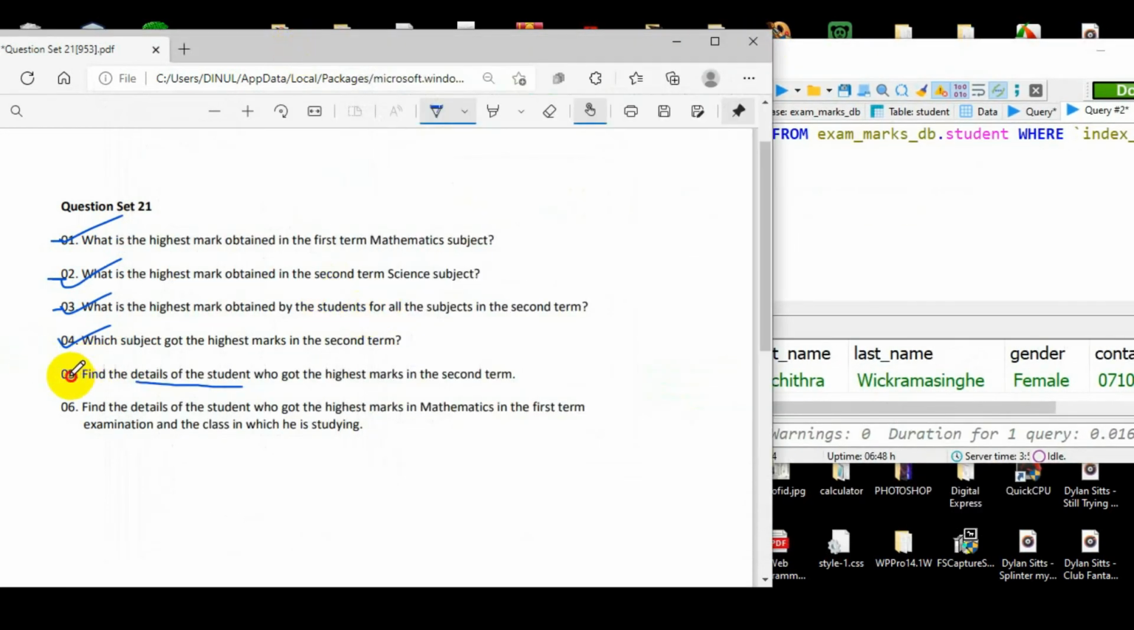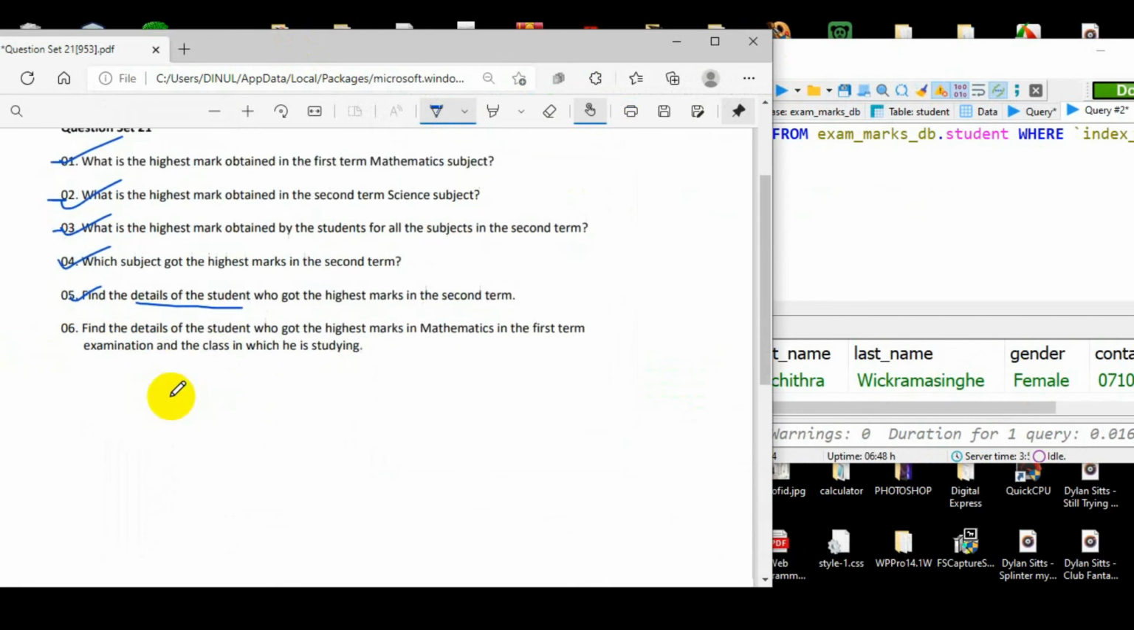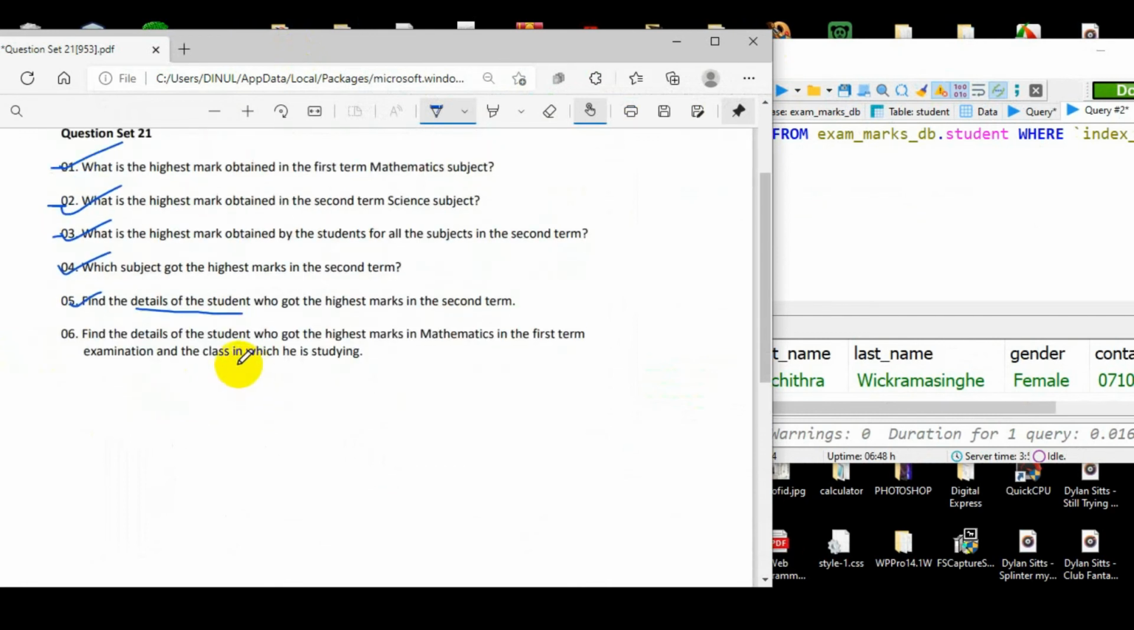Now let's check the next one. This is the last question. Now the last question, they are asking, find the details of the student who got the highest marks in mathematics for the first term. Generally they are asking for the details of that student, and they are also asking his class. So if you can understand this, once you run this query, you get the whole details, including only the class ID. You won't get the class. So if you need the class,